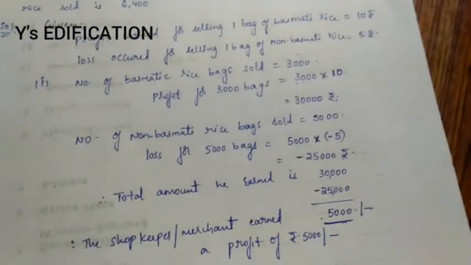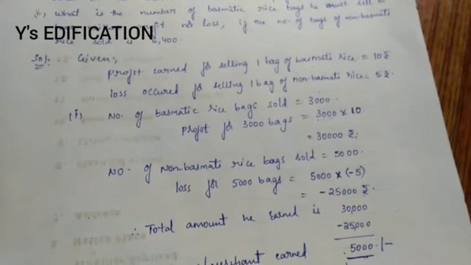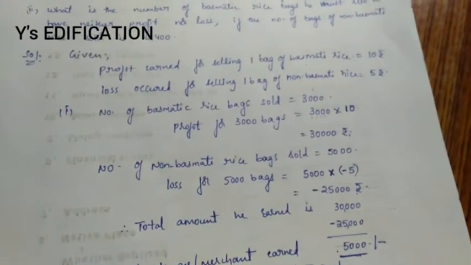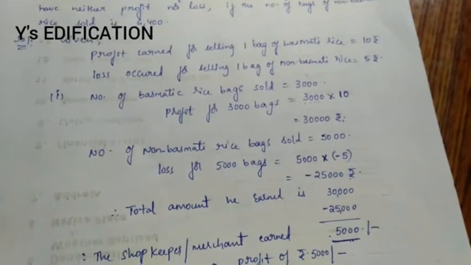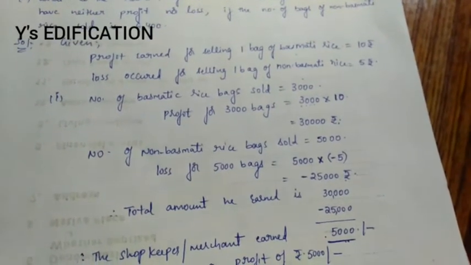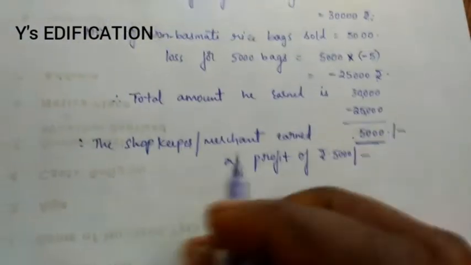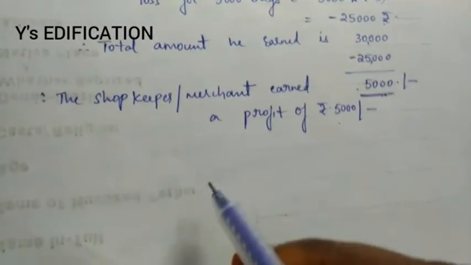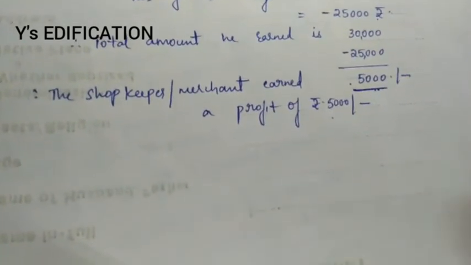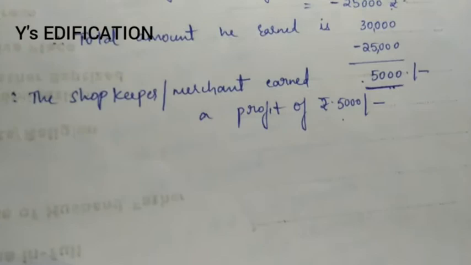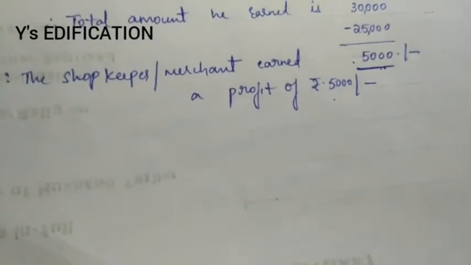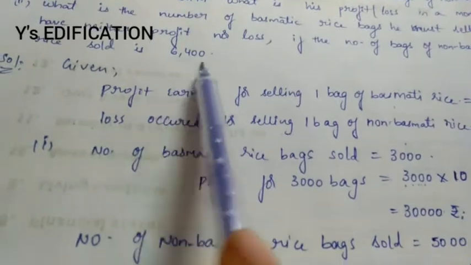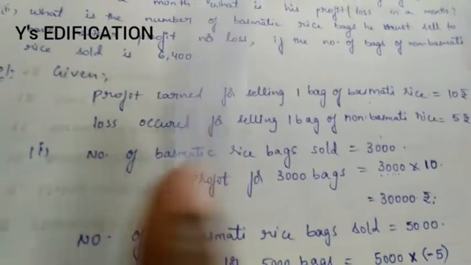So next one, what is the number of basmati rice bags he must sell to have neither profit nor loss, if the number of bags of non-basmati rice sold is 6,400. Okay, in the previous one he got a profit of 5,000, but here he will get neither a profit nor a loss. So how many bags of basmati rice does he have to sell to get neither a profit nor a loss? He already sold 6,400 non-basmati rice bags. So how many bags does he have to sell to get neither a profit nor a loss in that month? Okay,